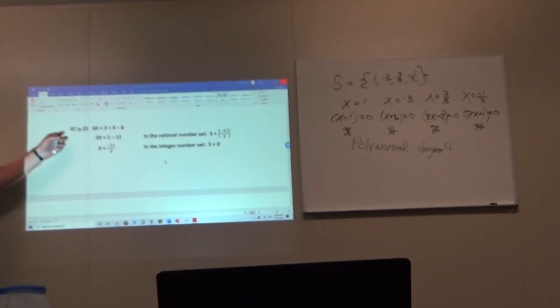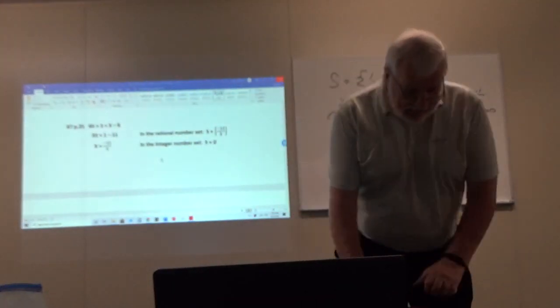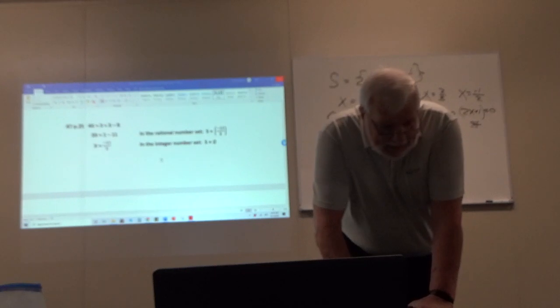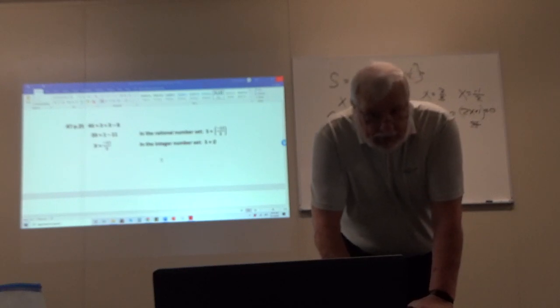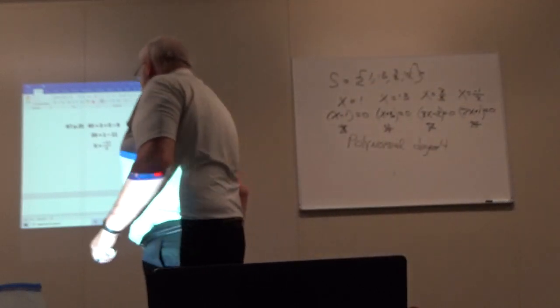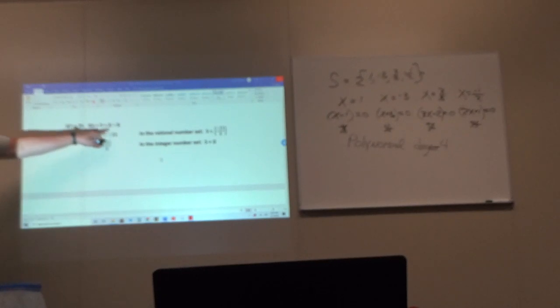Now, page 25, problem number 7. Here is the equation, and it's in the rational number system. Right? So, if it were in the real number system, how would we solve this problem? We would first subtract x and get 3, and then we would,